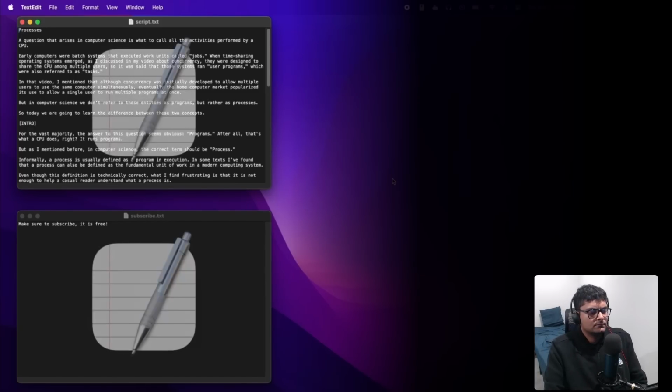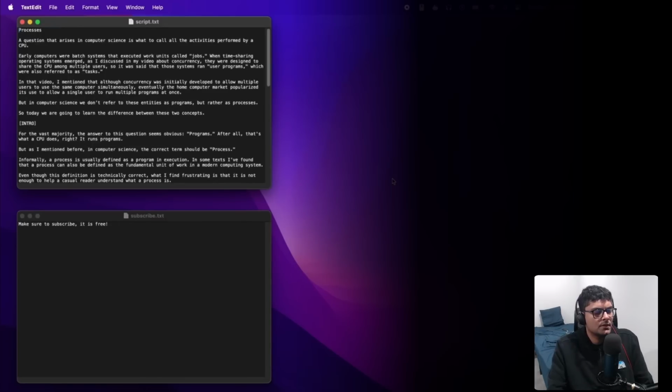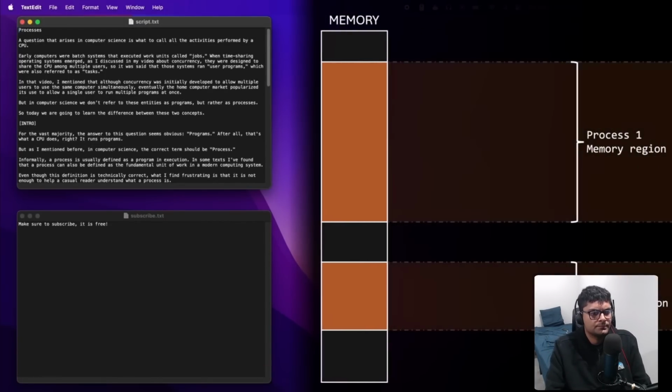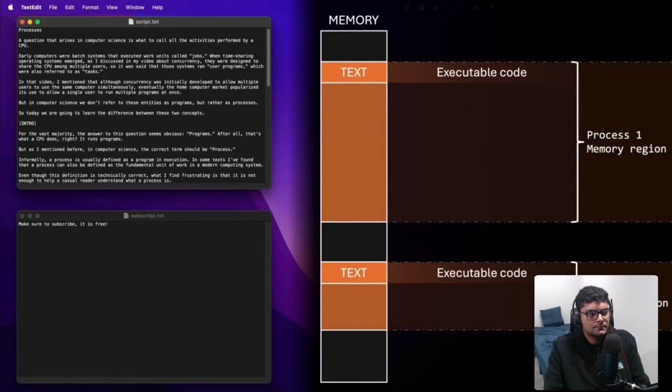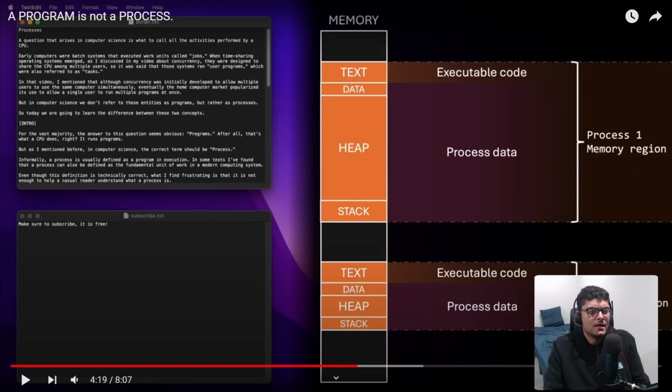Both are the same program, but two completely different processes. Right. Each process has its own memory space. Of course. While the content of the text section in both processes' memory is identical, since they are the same program, the data they are working with is different. Right. So that obviously makes sense.